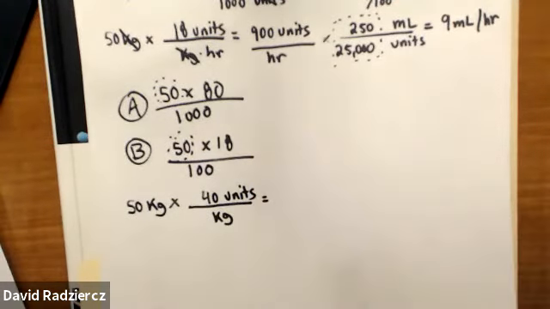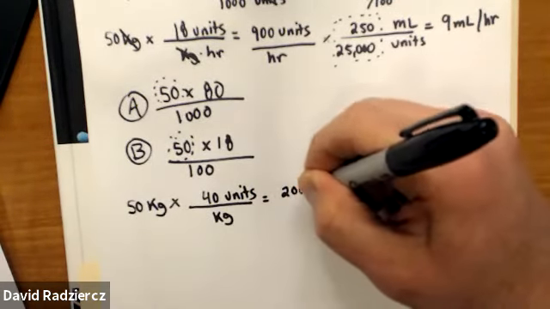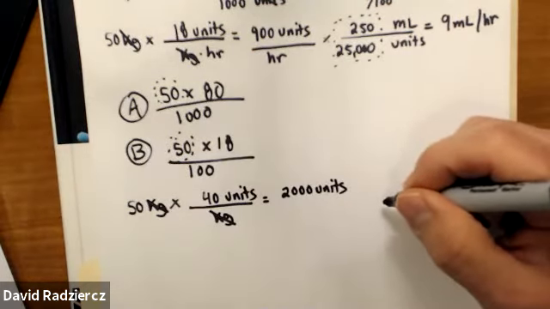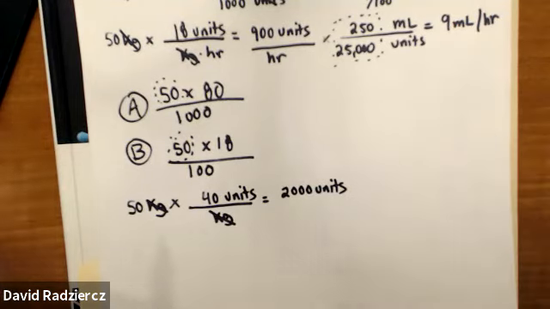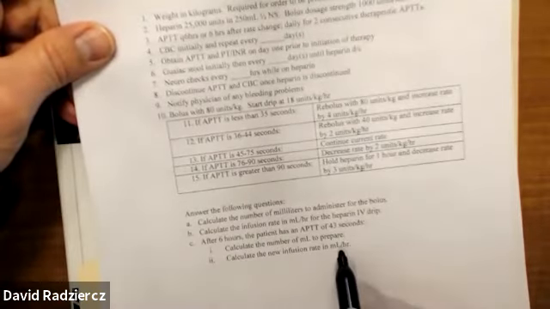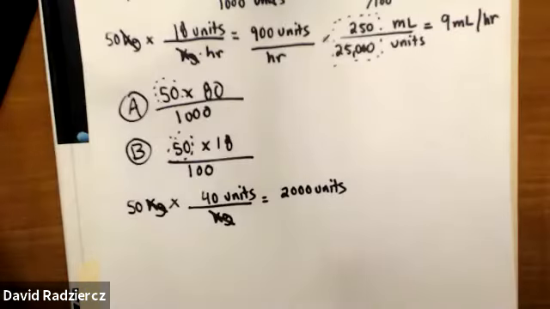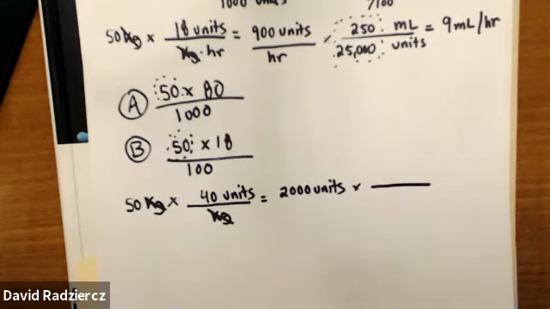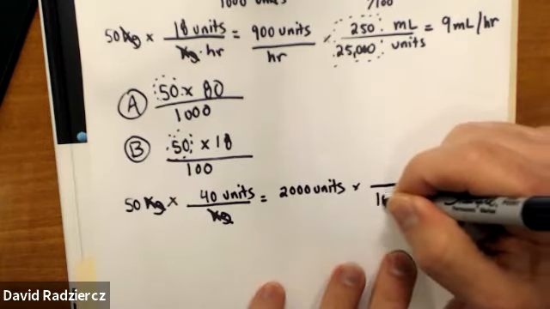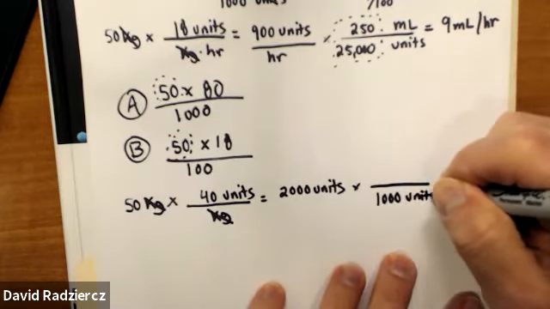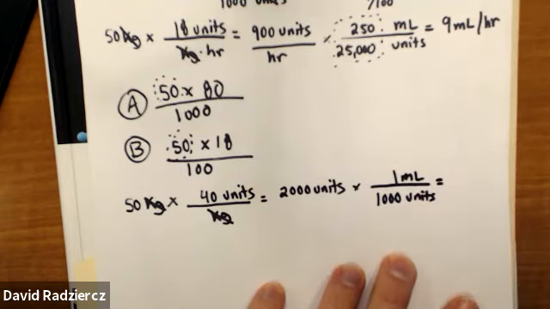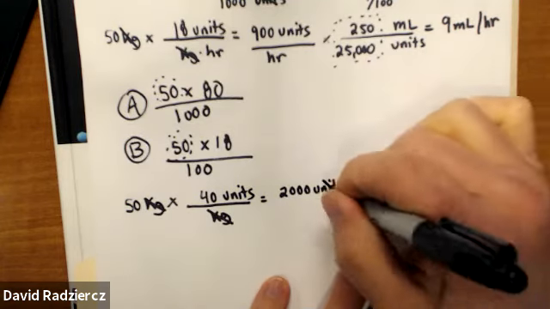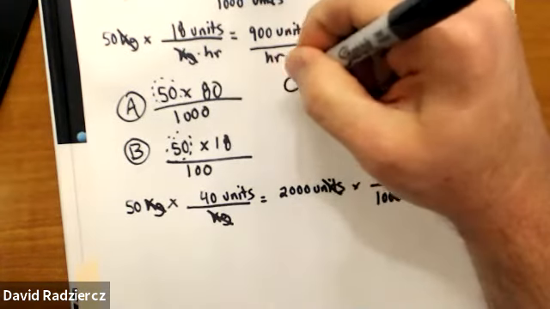Then when I get my answer, it's going to be 2,000 units. So kilograms are gone. I don't want units. I want milliliters, right? Because one of the first things it says is calculate the number of milliliters to prepare. So it's supposed to be for the bolus. I didn't write that in. So I'm going to use the same bolus dosage strength because that's the only bolus dosage strength we have to work with, which is the 1,000 units per milliliter. Okay. And then you'll get 2 milliliters as your answer. So if I was going to do C1 per the practice,